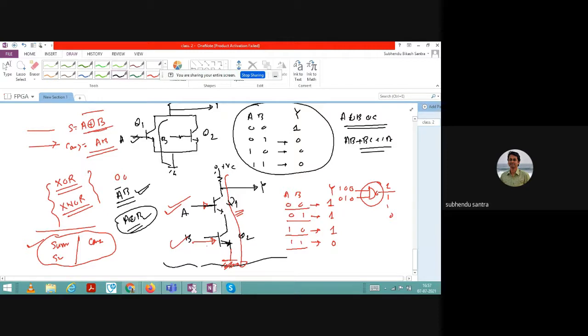If I ask you to generate, let us say, A B bar plus A bar B using a multiplexer, you should be able to design that. And you should know what the output of a multiplexer is. Otherwise it will be difficult, and you have to go back to your digital concepts. So you brush it up. It is up to you.